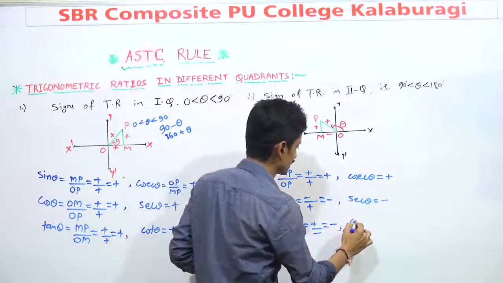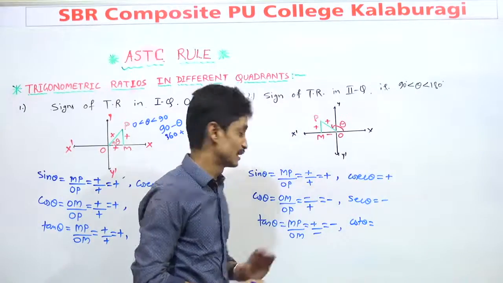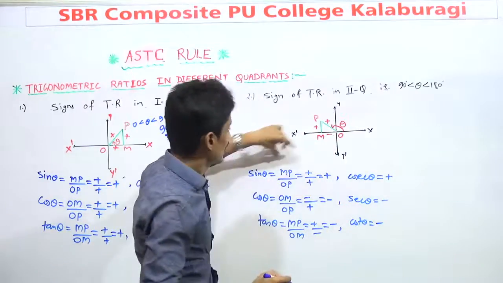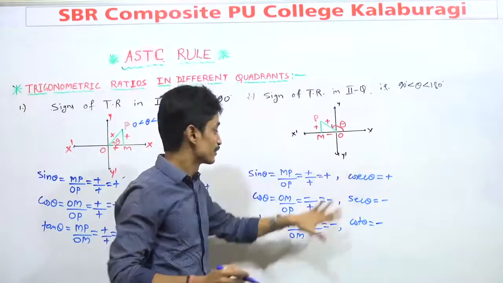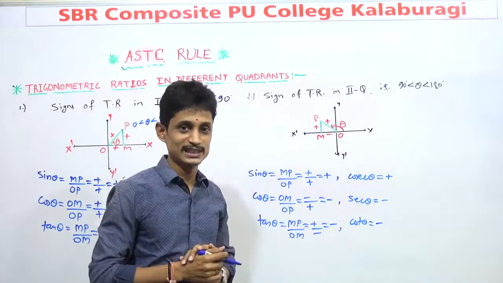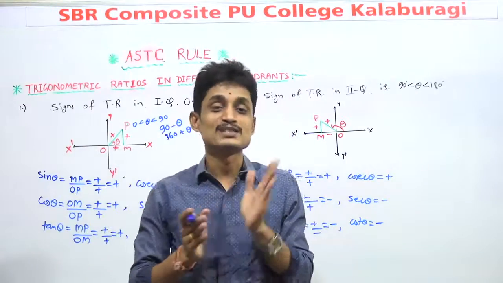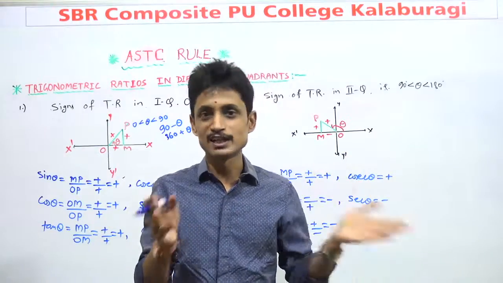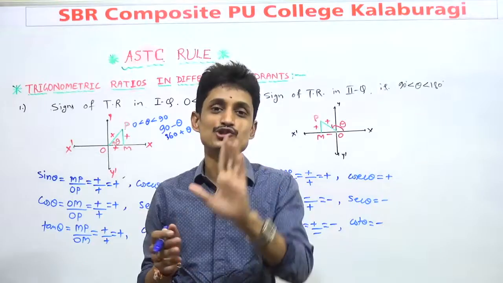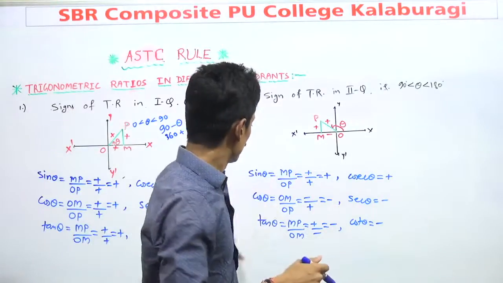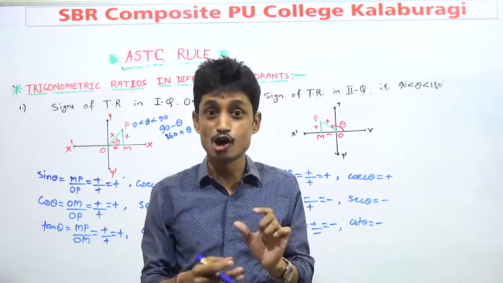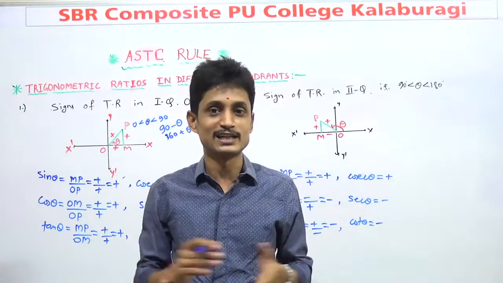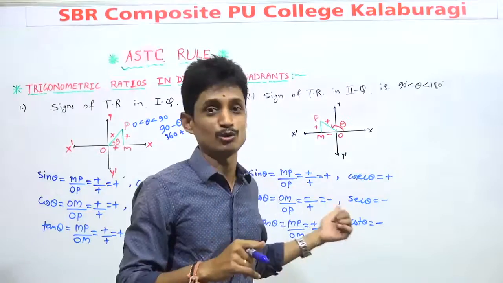So easily we can write cot theta. What is cot theta? Cot theta is negative. So only sine and cosecant are positive, and the remaining four ratios are negative in the second quadrant. How to think about this? Sine and cosecant of angles 91 to 179 will always give a positive value. When we consider cos, secant, tan and cot of 91 to 179 degrees, the value will be a negative quantity, no doubt about that.